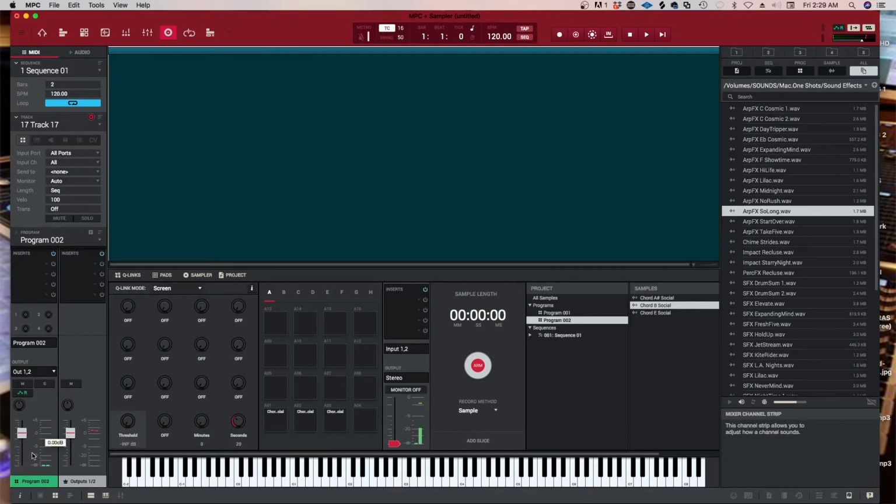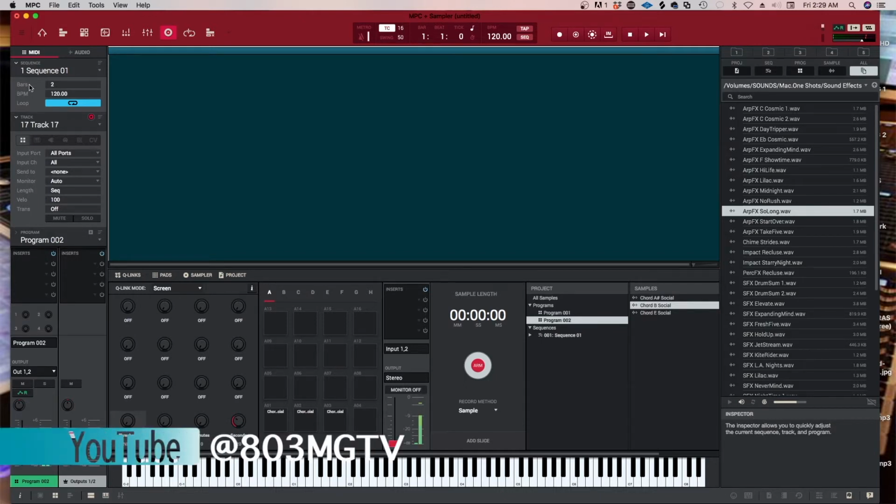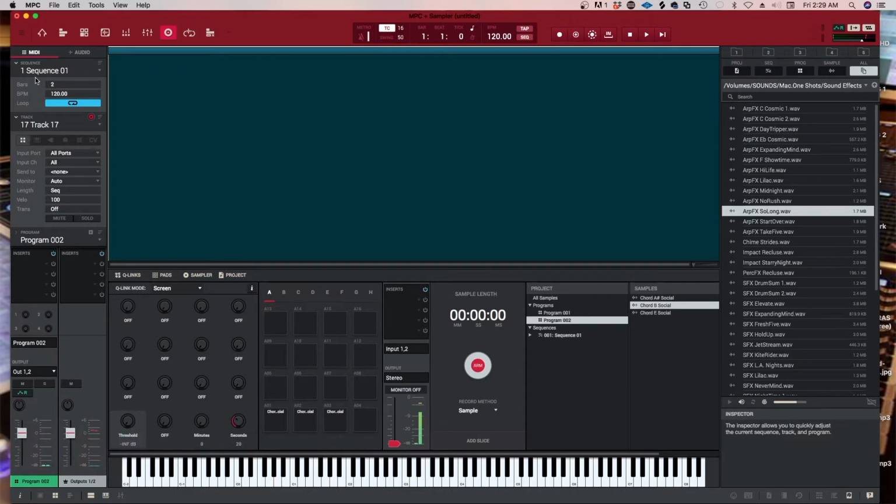What's happening over here is the mixer: the fader, the pan, mute, solo, and usually you'll see the master in this section, and then you have the individual channels or the group channels, just depending on how you have it selected. And these are pretty much self-explanatory: how many bars, the BPM, whether the loop is on or off, stuff like that,